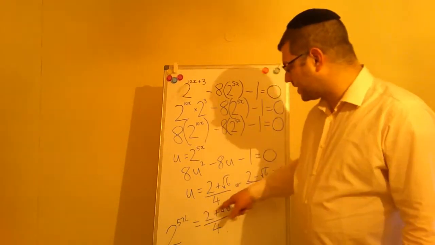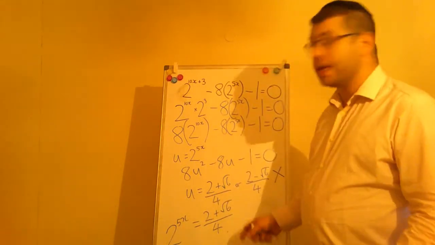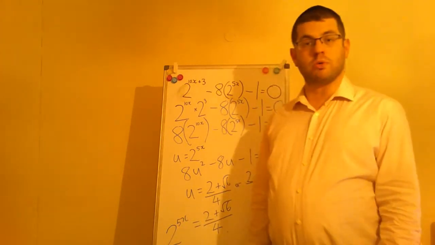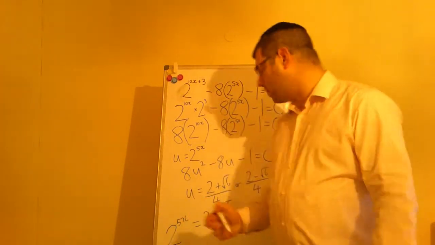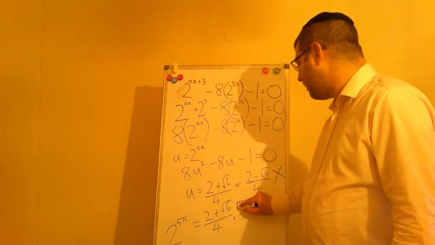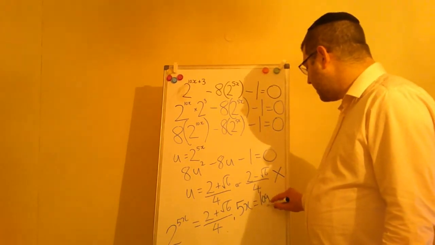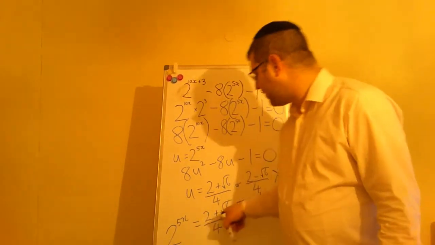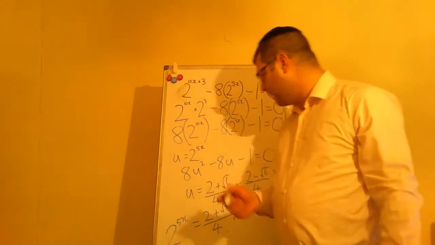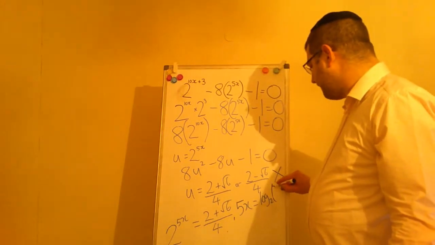To solve this final equation, which is effectively the solution to the equation, we need to use logarithms. 2 to the power of something is equal to a number. We use the definition of the logarithm. So that power, 5x, must be log base 2 of this. That's just using the definition of the logarithm, which I discussed in a previous video. So log base 2 of this, just write that all in,